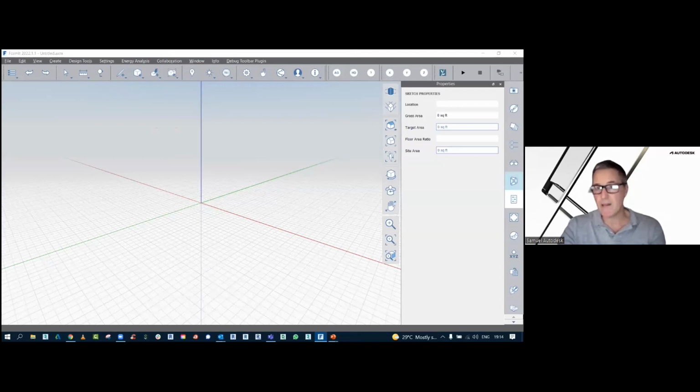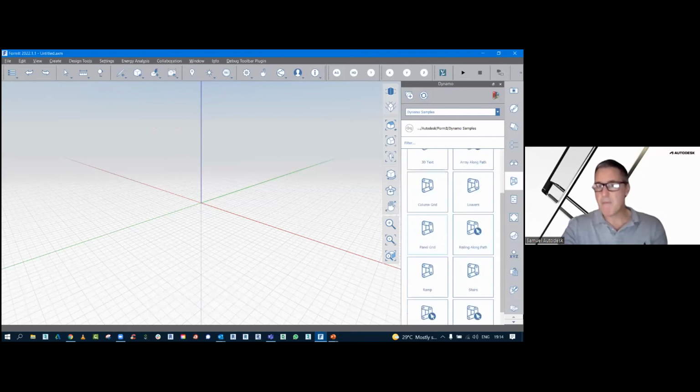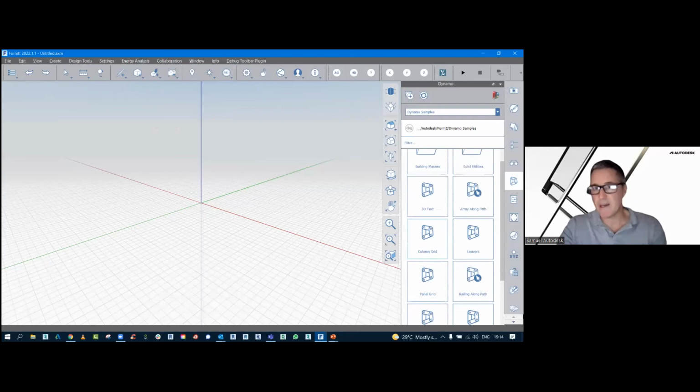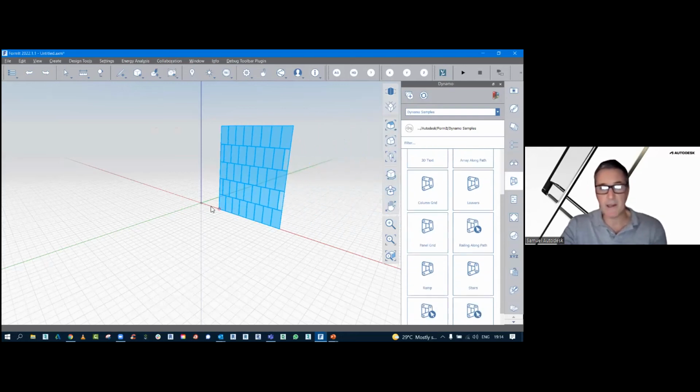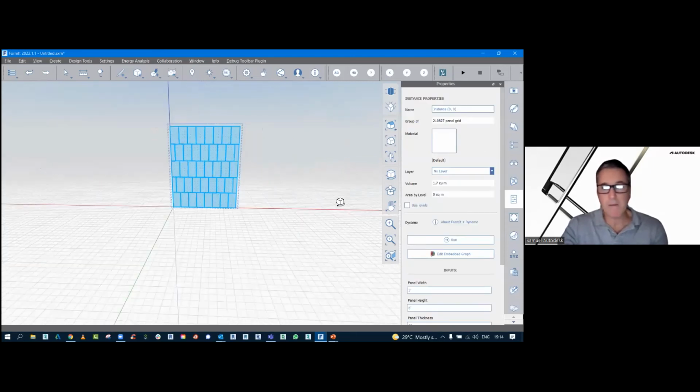Over here on the right is the Dynamo script tool, and there are tools to make louvers, panel grids, stairs, for example. Again, I don't pretend to be an awesome Dynamo user. Here, I can place that in my model.